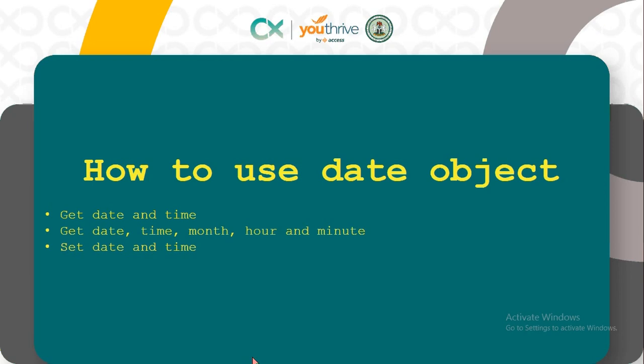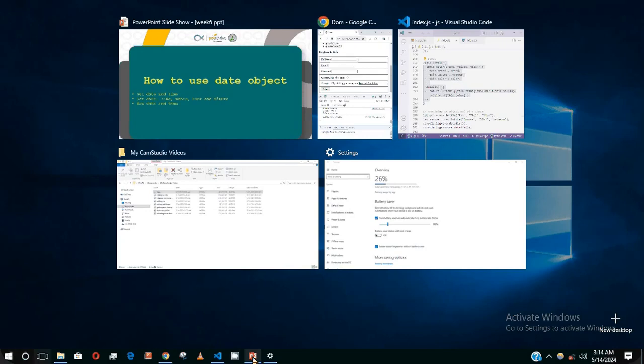In this video we're going to learn how to use the date object. We are going to learn how to get the date and time, how to get date, time, month, hour and minute, and how to set date and time. Just to connect this to the class video, you create the date object from a class, so you're going to use new and something. Let's see how we use that